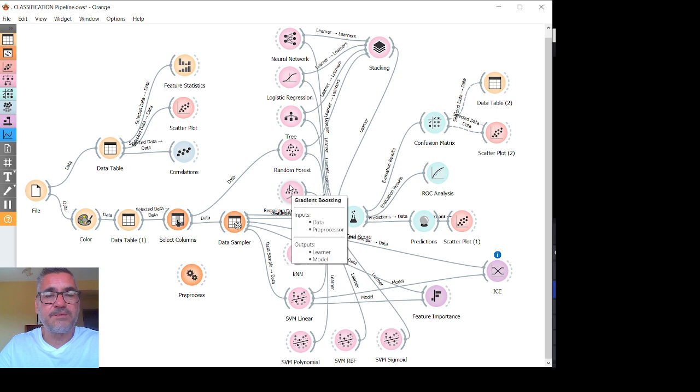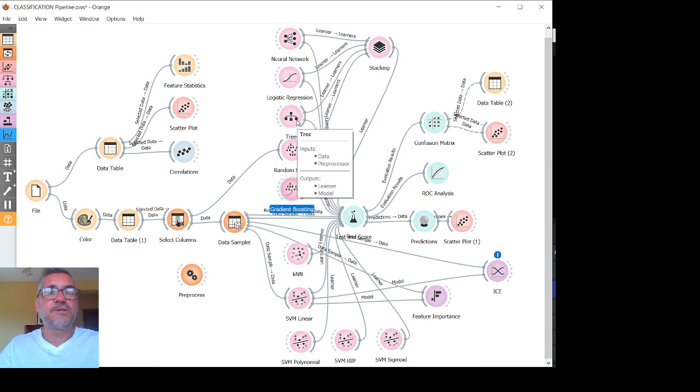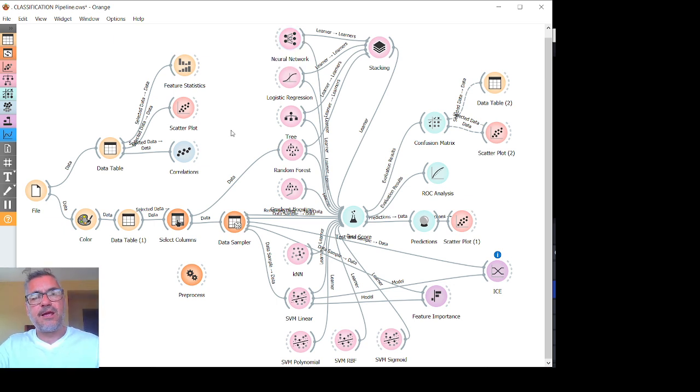I have the k-nearest neighbors algorithm. I have the gradient boosting algorithm, the random forest, a decision tree, the logistic regression, and a neural network. So I have a lot of alternative machine learning algorithms included in this. They're connected like this. Don't ask me why. This is how we have to connect it to get